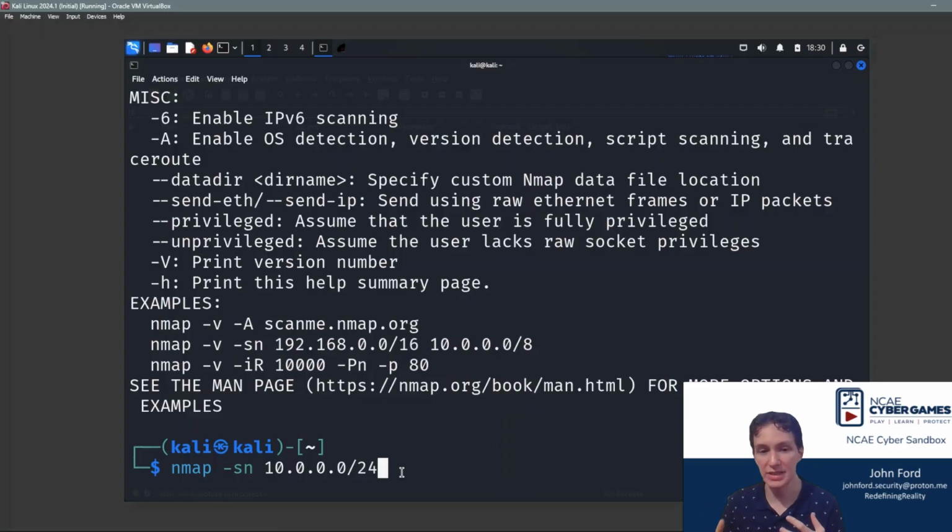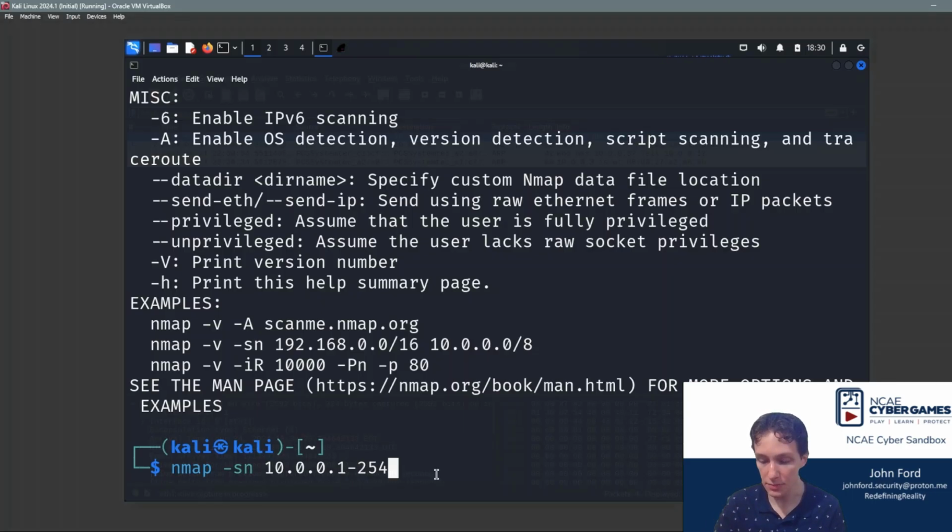This basically tells it to scan 10.0.0.1 all the way up to 10.0.0.254 and try to figure out what machines are actually available. If CIDR notation confuses you, if you're not used to seeing that 24, you can also directly specify it by saying 10.0.0.1-254. The dash in this case tells it to start at 10.0.0.1 and work its way all the way up to